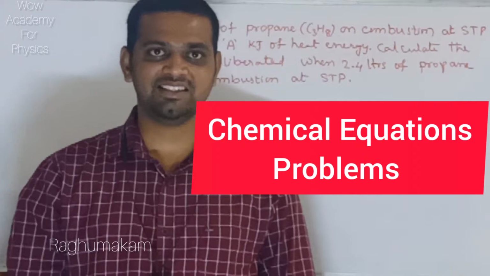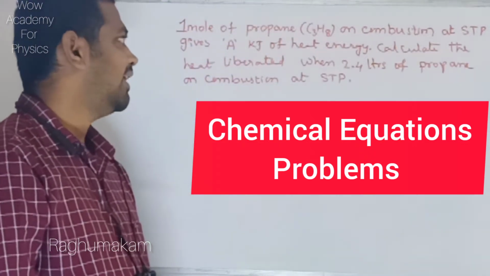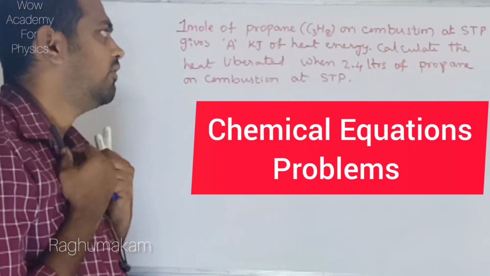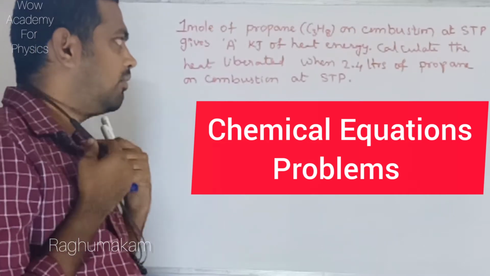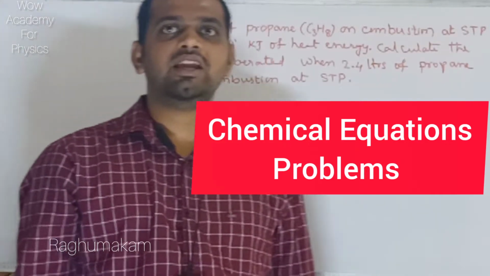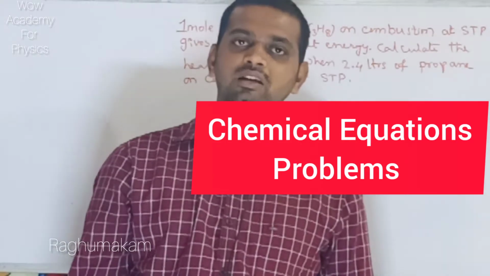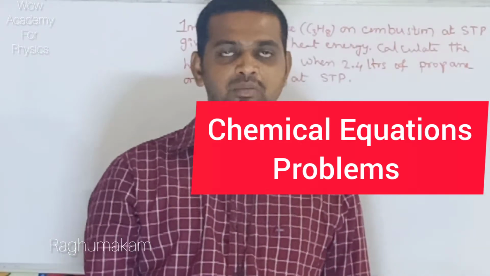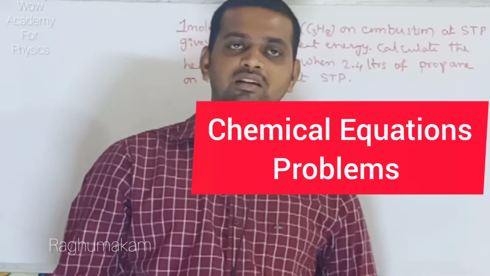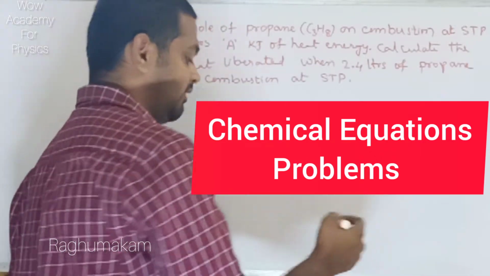Yes, the question is: 1 mole of propane on combustion at STP gives 8 kilojoules of heat energy. Calculate the heat energy liberated when 2.4 liters of propane undergoes combustion at STP. So far we calculated the product in terms of moles, gram molecular mass, and volume. In this problem, we are going to calculate the amount of heat energy liberated during the chemical reaction in terms of kilojoules. Since it is a combustion reaction,